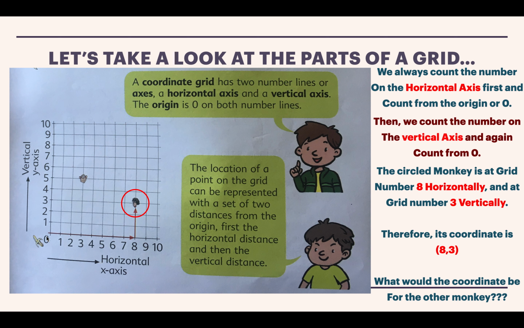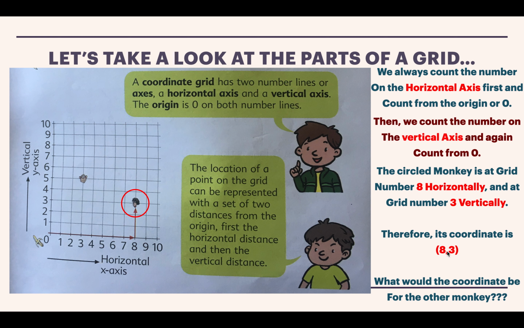After we've done the horizontal x-axis, we're going to have a look at the y-axis, and we're going to count up now. We can do it from here and then go across, or do it from here and then go across. It's the same. So let's count up. 0 would be this bottom line here. 1, 2, and we can see it's on number 3. So horizontally 8, vertically 3. Therefore, our coordinate is